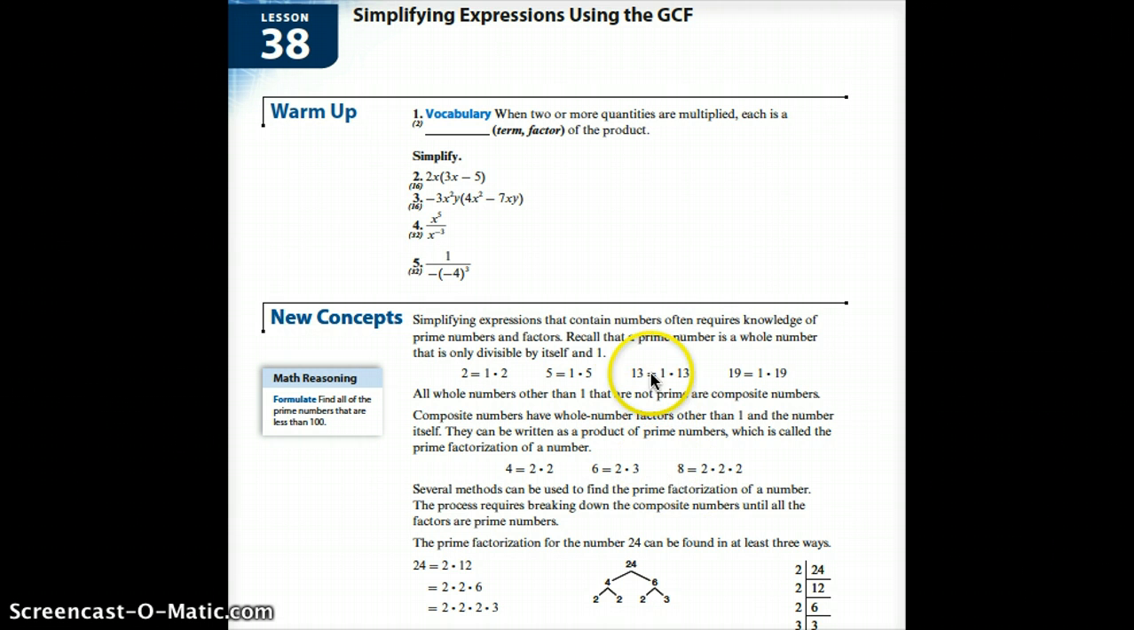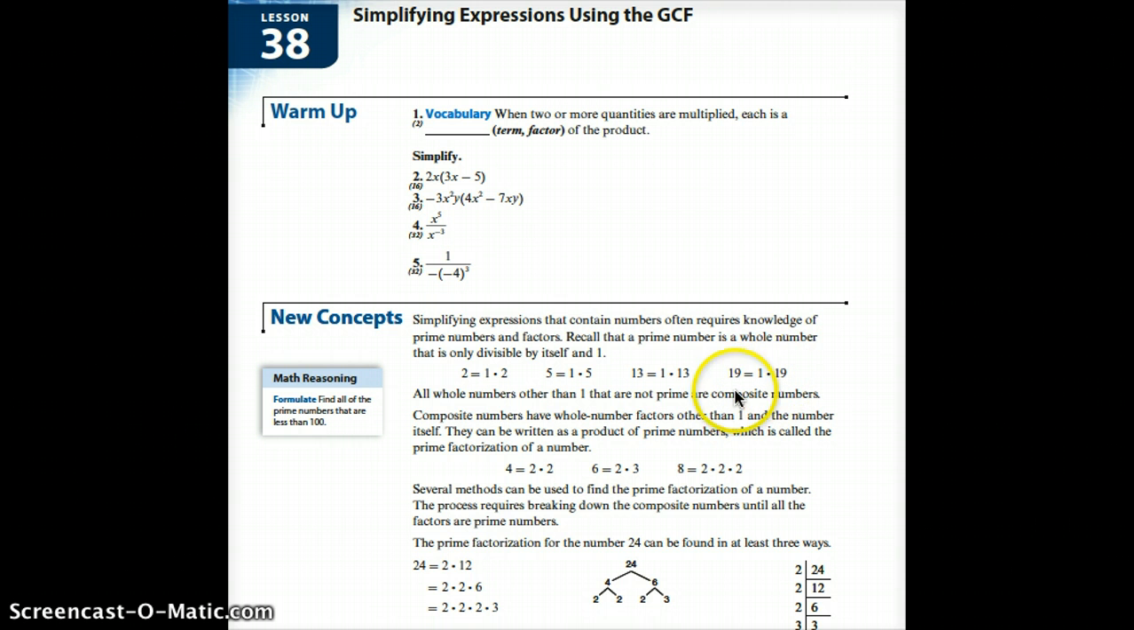So simplifying expressions that contain numbers often requires knowledge of prime numbers and factors. Recall that a prime number is a whole number that is only divisible by itself and 1. Some examples of prime numbers are 2, because the only numbers that go into it are 1 times 2. 5, because again, the only numbers that go into 5 are 1 times 5. 13, because the only numbers are 1 times 13, and 19, because the only numbers that go into it are